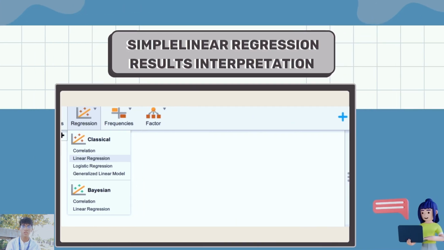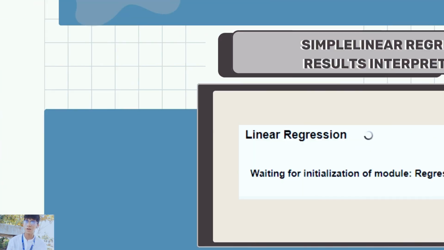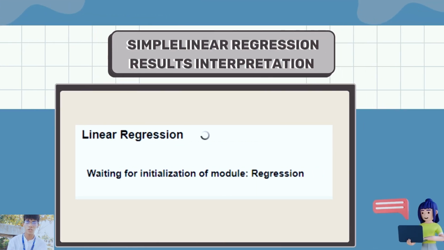Second, we have to select regression from the analysis drop-down menu and choose linear regression as our analysis mode. After that, we will simply input our dependent and independent variables and the analysis will now run. JASP software will output various results including the regression equation, coefficients, and measures of fit. These outputs can be used to interpret the strength and direction of the relationship between the variables and make predictions